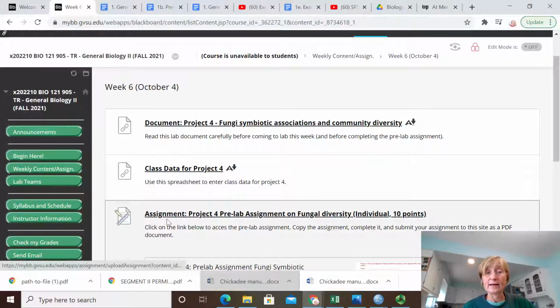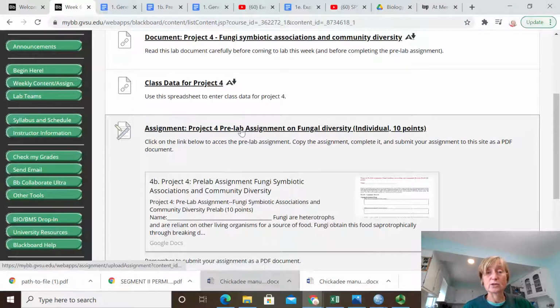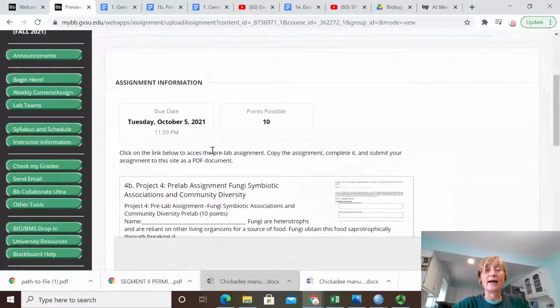And then there'll be a list of any assignments that you have. Oh, I have a pre-lab assignment due this week. And to access my pre-lab assignment, I'm going to have to click the box to arrive at my assignment. To actually submit my assignment, I'm going to have to click on the assignment link, and I'm going to have